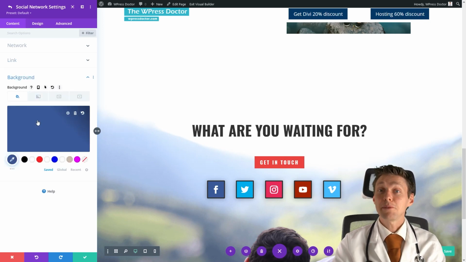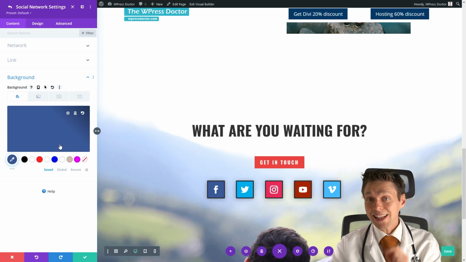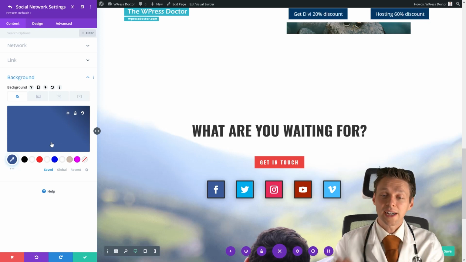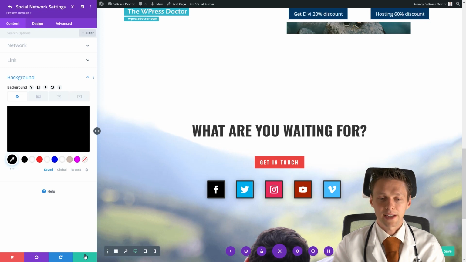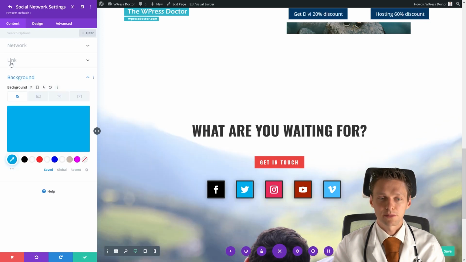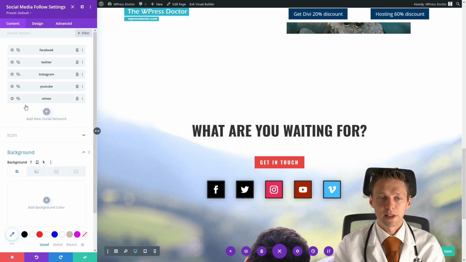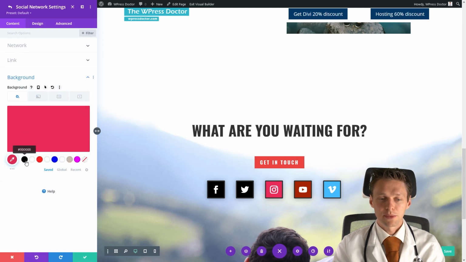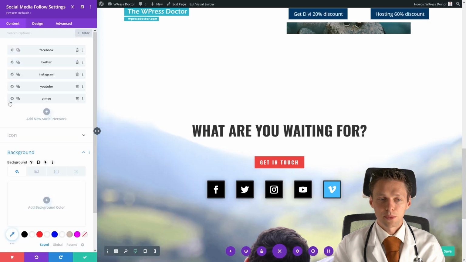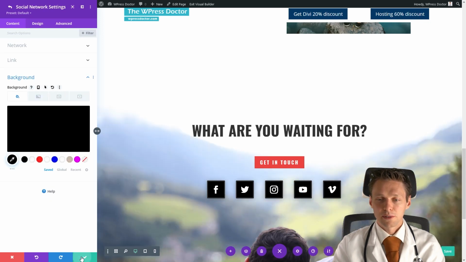And here you can change the background color. So let's say, for example, you want all the icons to be the same color. You can do that. Let's make them black, all of them. That looks pretty awesome. You go to Twitter, make it black. You go to Instagram, you make it black. And you go to YouTube, you make it black. And we go to Vimeo and also make it black.